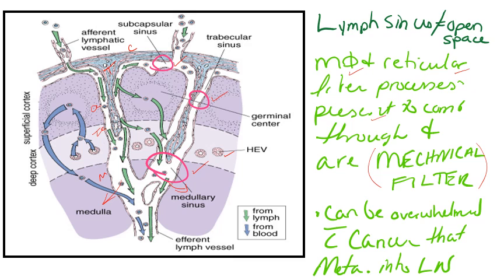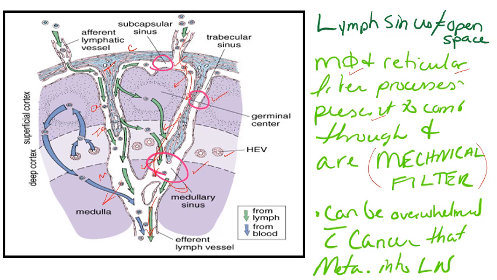the efferent lymph. Throughout this process, antigens will go into the outer cortex, they will go into the deep cortex, and they will go into the medullary sinus. So it gives them multiple opportunities for the antigen to be caught in this web that is provided by the macrophages and the reticular fiber processes that present these antigens to the various levels. So either we have our B cells, our T cells, or our grab bag, which consists of our macrophages, lymphocytes,